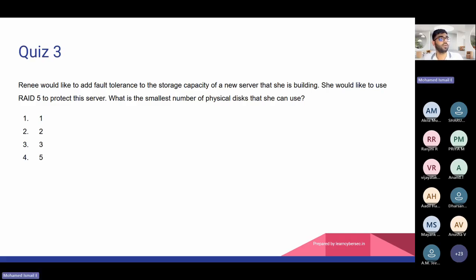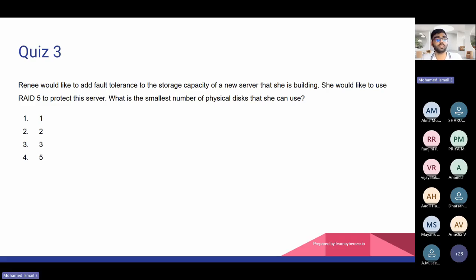I believe there are 35 people in the call, and I got only 4 responses. I feel like you're not attentive or you guys don't know the answer. Feel free to just send a wrong answer. That's fine, because I just want to get your engagement, like you are here and listening, so that you understand the concepts better while reading or going through the ISC2 live training.